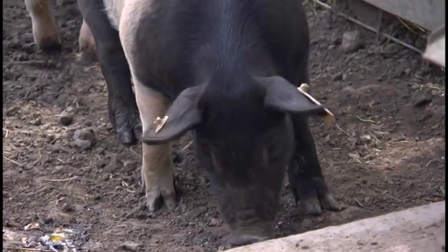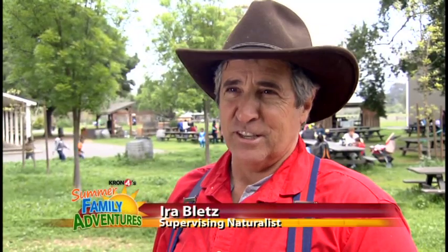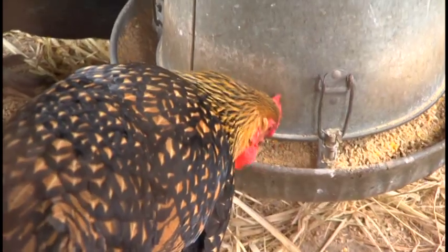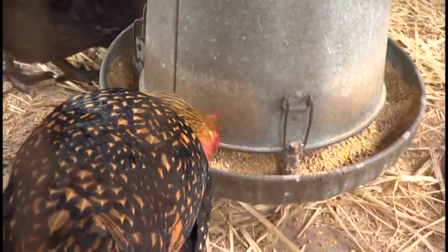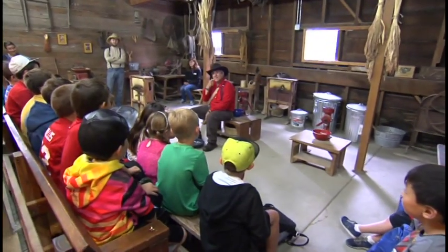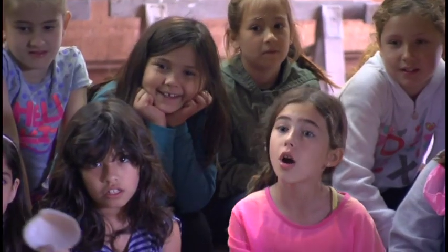Ardenwood Historic Farm is one of the visitor centers operated by the East Bay Regional Park District. But Ardenwood is a little different because our visitor center is the farm. It's the core, the farmyard, the farm animals, and the fields. And it's a place where you can come and learn about what life was like. That's an important theme for us here at Ardenwood, what life was like on a farm like this 100 years